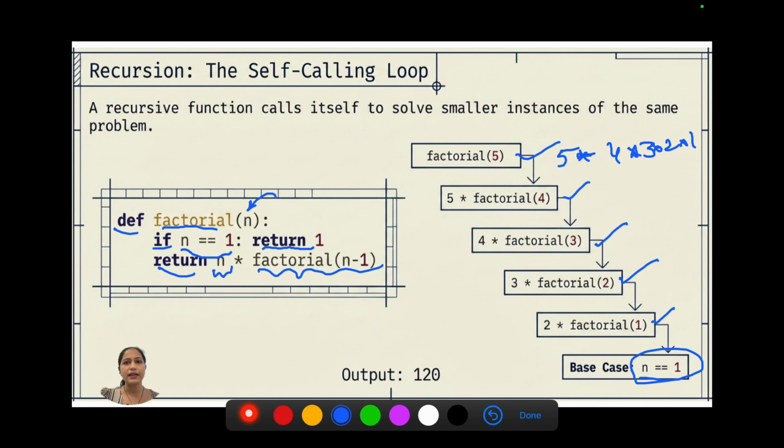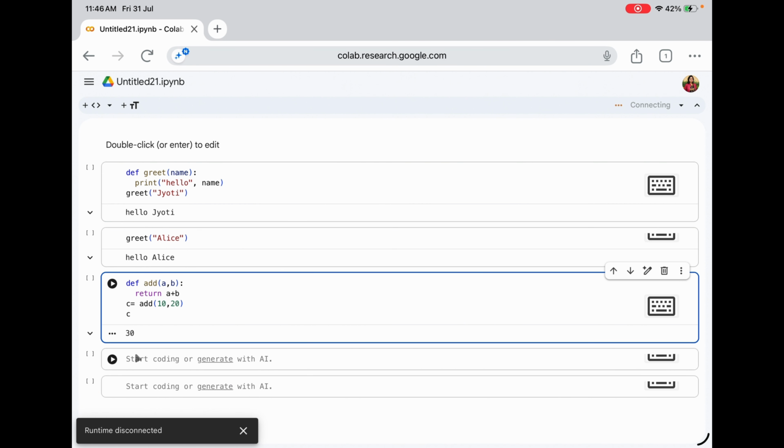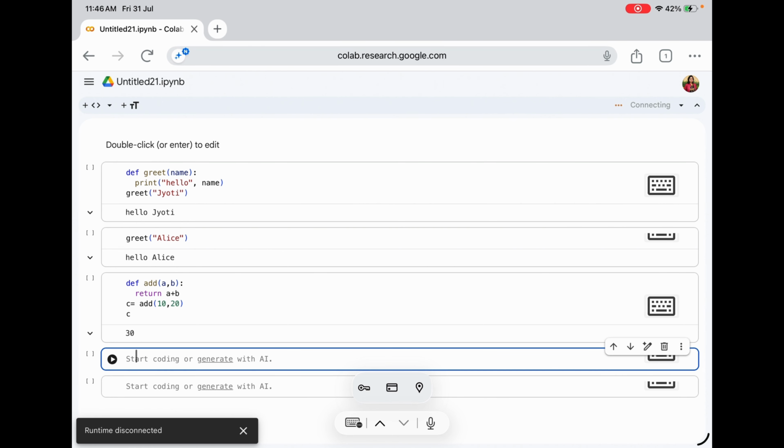Let us try to write the same function here. Def factorial. This is the name of the function, the argument, colon.